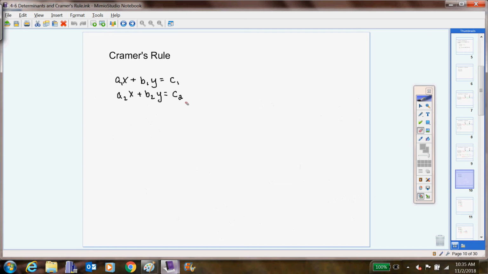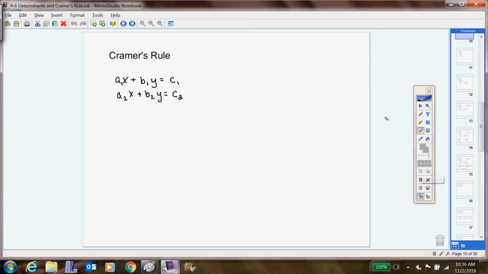And that brings us to this idea of Cramer's rule. Cramer's rule is an alternate way of solving systems. It's not necessarily the most elegant. Substitution, elimination, solving by graphing, using a table, all those different ways are good ways. This is just another way that can be used to find x and y when you've got equations